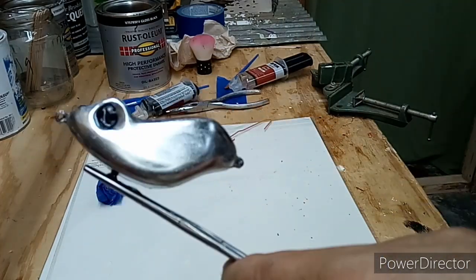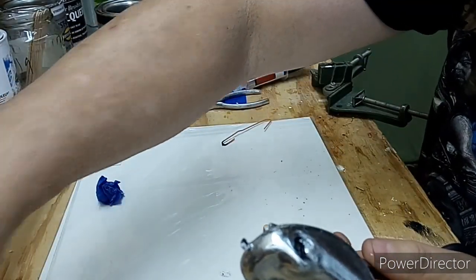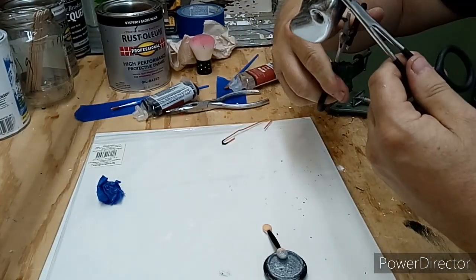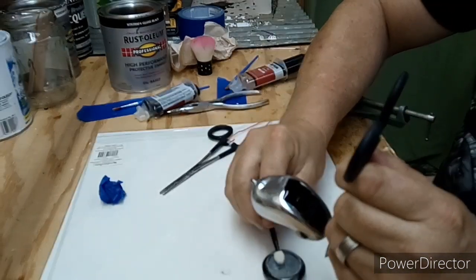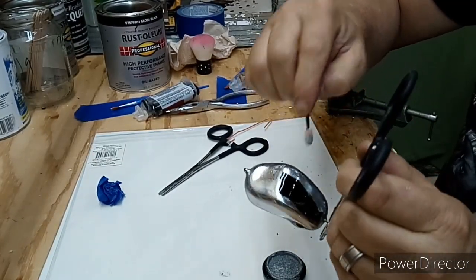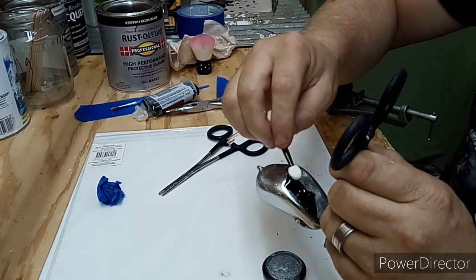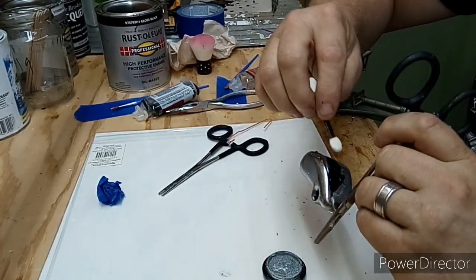I still got to brush off the loose stuff. I'll need to switch my wheels here so I can get to the front, or the bottom I should say. So yeah, see a little dimple there. I couldn't see it with my eye. That's what I mean. If your base isn't perfect, when you put this stuff on, it will show. And I notice this stuff works better